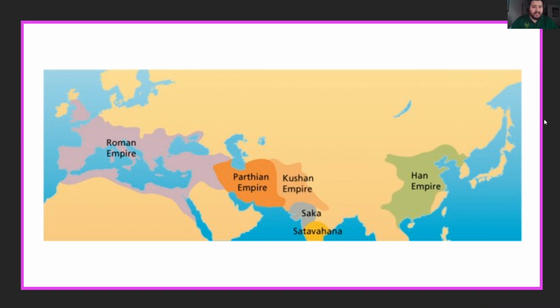Over time, these empires expand and we see new empires form and change. But again, we're still not at a point where we have these distinct boundaries of where an empire starts and where an empire ends, where the legality of that ends. Because for a lot of these empires, expansion was key, expanding to other ends of the earth in some cases, or at the very least dominating the region in which they were. And that meant that you didn't want to set any set political boundaries because that meant that, well, my empire stops here. And in a lot of cases, they didn't want their empire to stop anywhere.